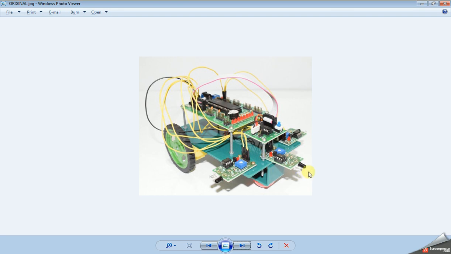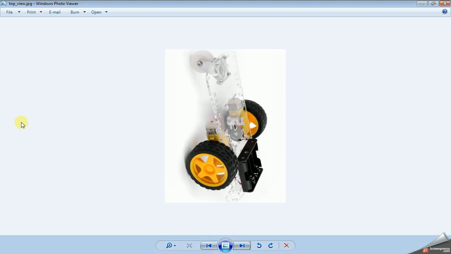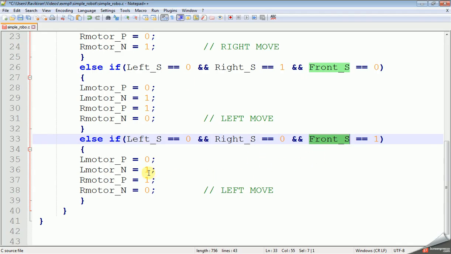If you want, we can write a logic like taking a U-turn. So the logic to stop the robot is that both motors have to stop. That means if we give 0 0 0 0, the robot will stop.